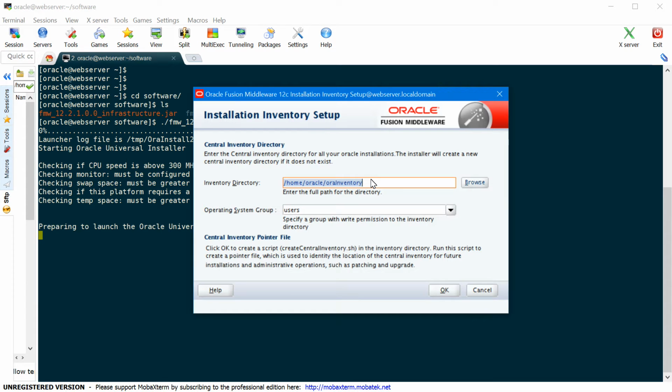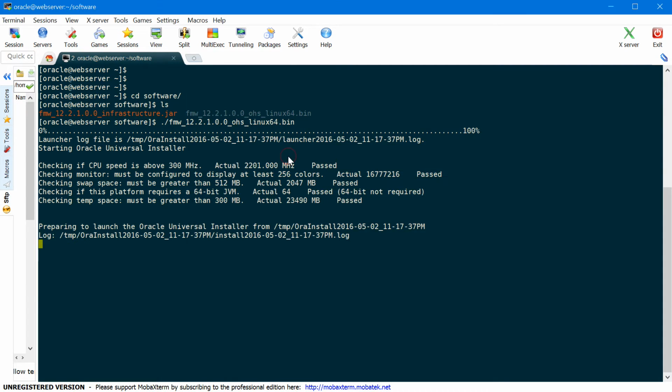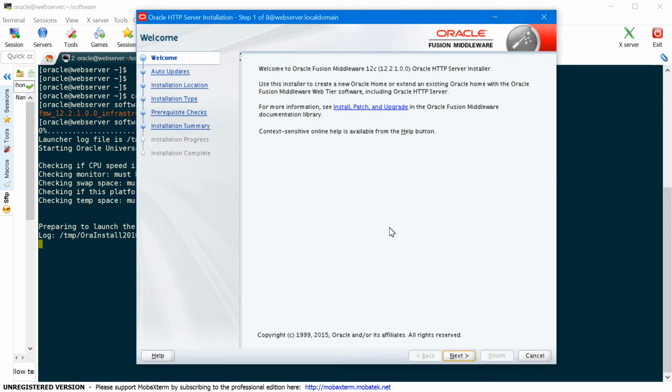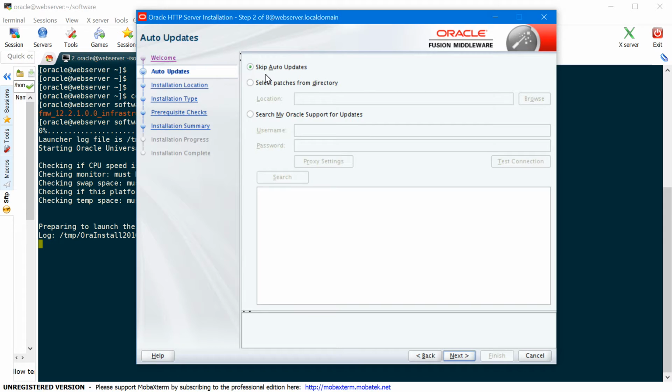Set your inventory location here. I'll provide mine as u01/app/oraInventory. Then you can select your operating system group. In my case it's oinstall because my Oracle user is in oinstall group, and click OK. This is OHS installation's welcome screen. You can click next here. You can skip auto updates,